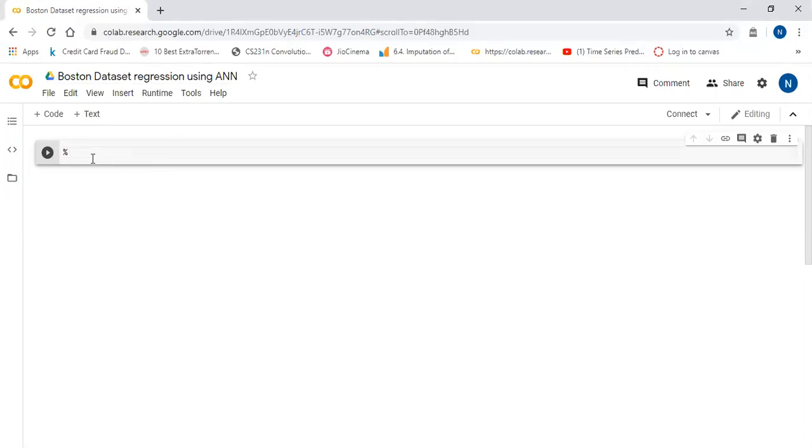I'm executing code in Google Colab, so I'm using the magic functions.